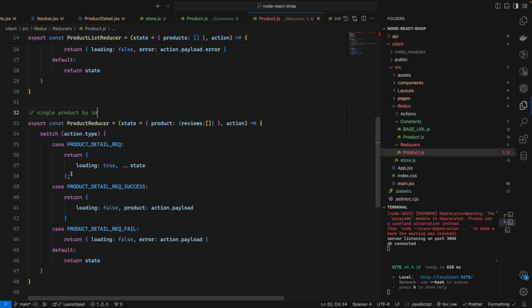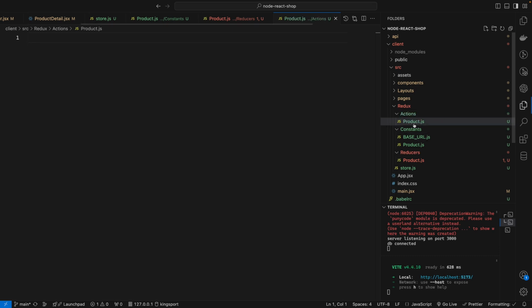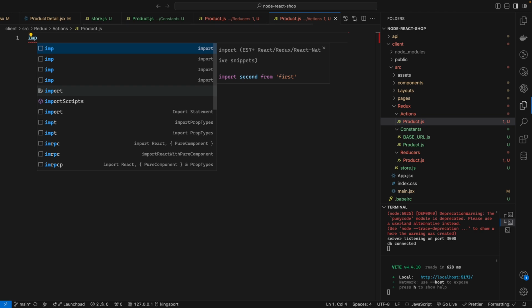So the rest is in action. Okay, so we created the action folder, but we have never done anything in here. So I will create another file called product.js. So in that action, what we will do is, I have to fetch actual data from the API in that action. That's why we call the action folder, and then under that we will import the